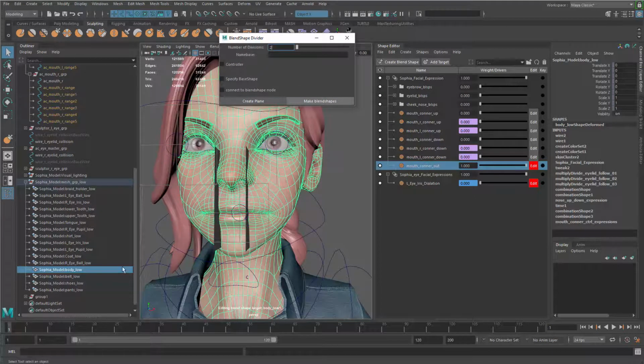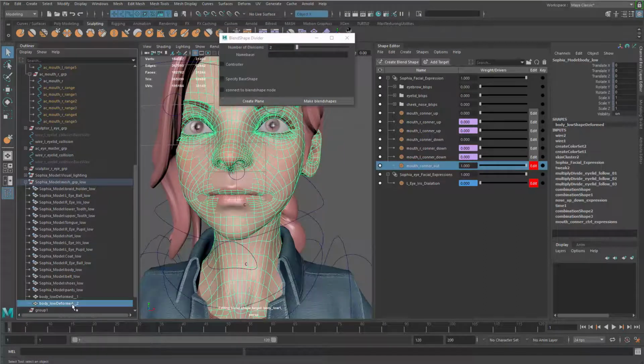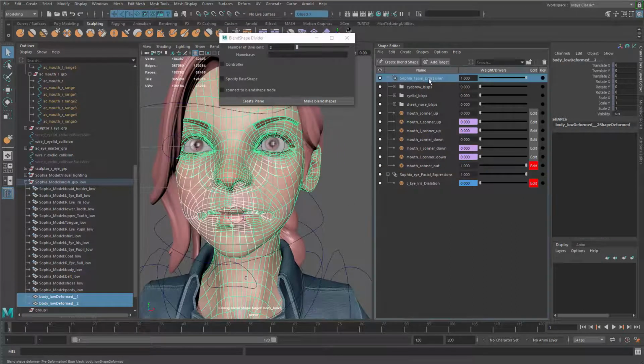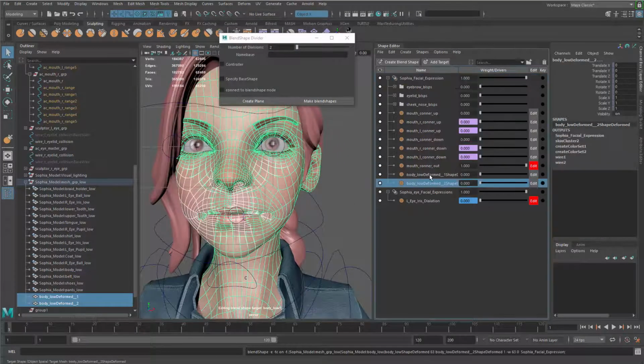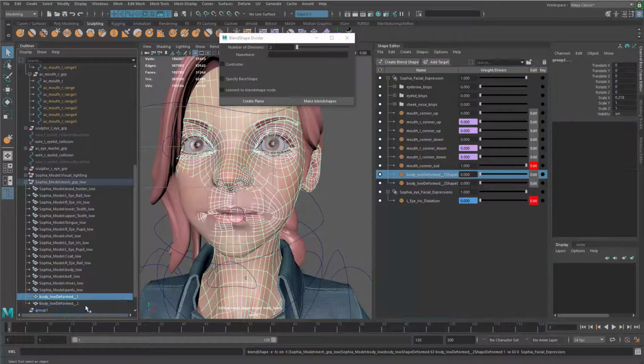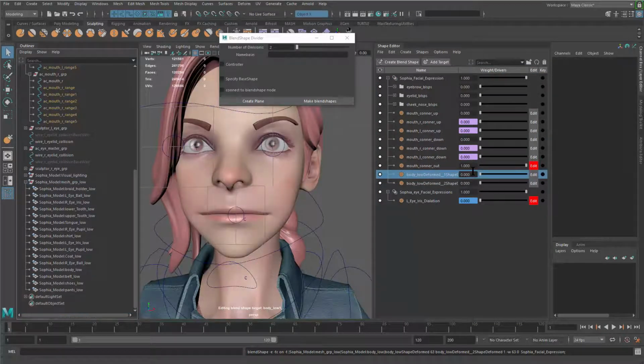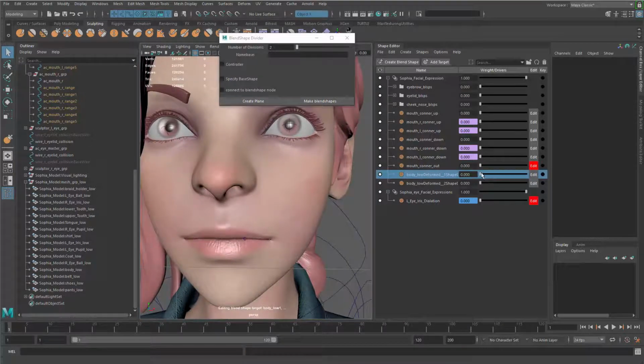That's going to make two more blend shapes for me. I'm going to grab those two and then right click there and add selection as target. Alright, let me delete those ones I just created, zero out my original one. Let's take a look. That's the right side, so mouth right corner out, and the other guy will be